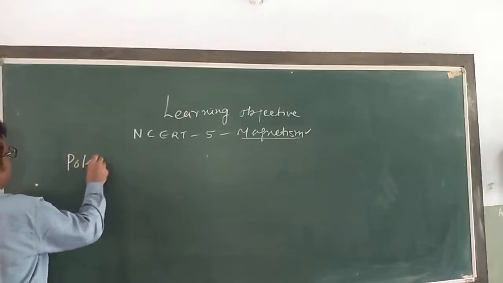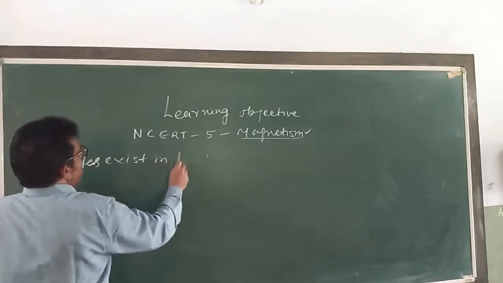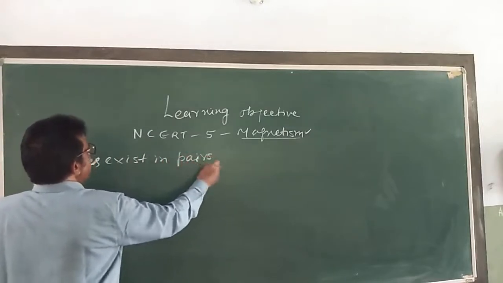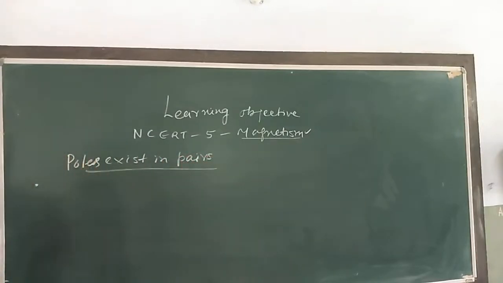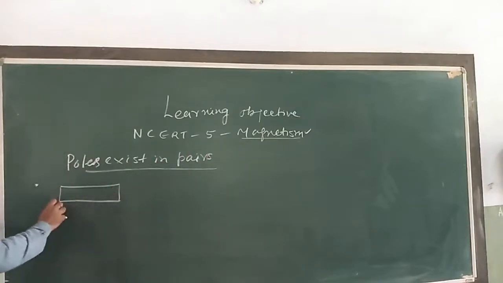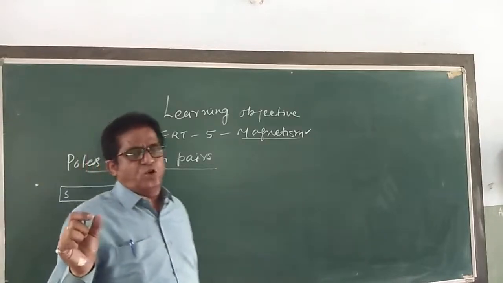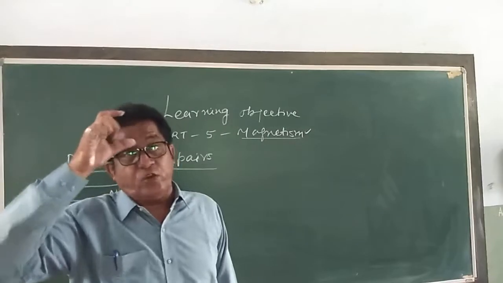Poles exist in pairs here. In a magnet, the two poles are found to be equal in strength. Two poles, that is north pole and south pole, each have equal strength,